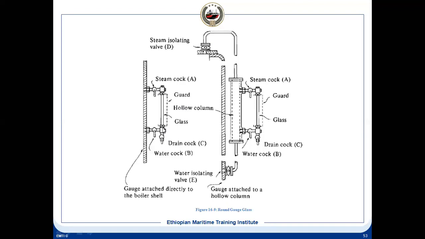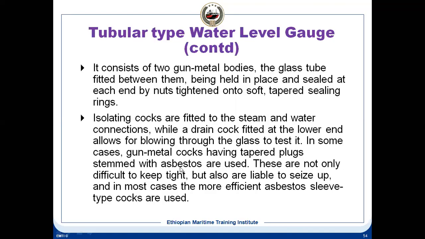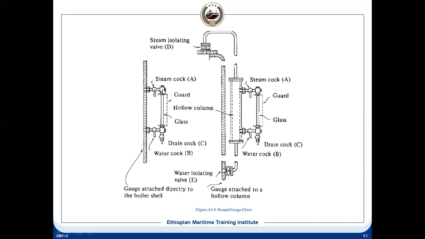In the meantime, these glass balls, like a metal ball as you find in ball bearings, are floating around inside under normal circumstances. But once the glass is broken, the metal ball here will go and block this passage, and the metal ball here will come and block this passage. So that will give some time to the ship staff to come and shut off steam cocks A and B.